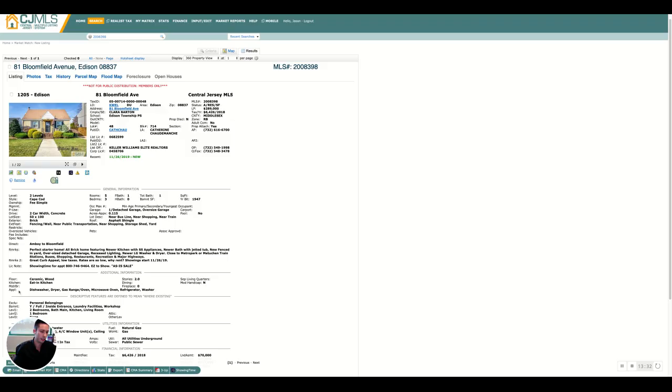And underneath this is appliances. These are the appliances that are included in the property. So you have the dishwasher, dryer, gas range, oven, microwave, refrigerator, and washer. Again, this is very important information for your client to know. Most of these things end up being included for the property, but again, this is definitely where you find out